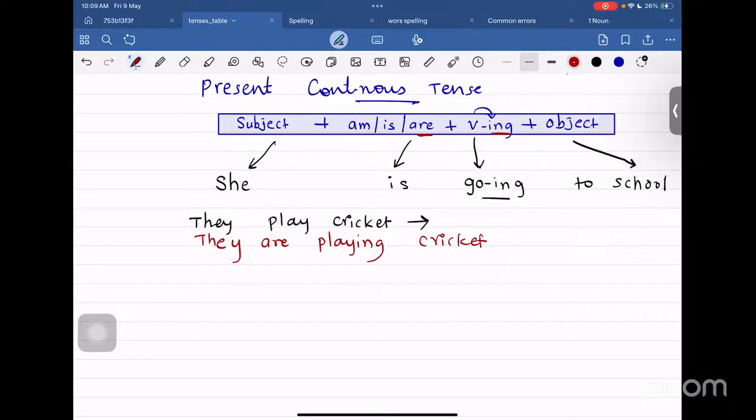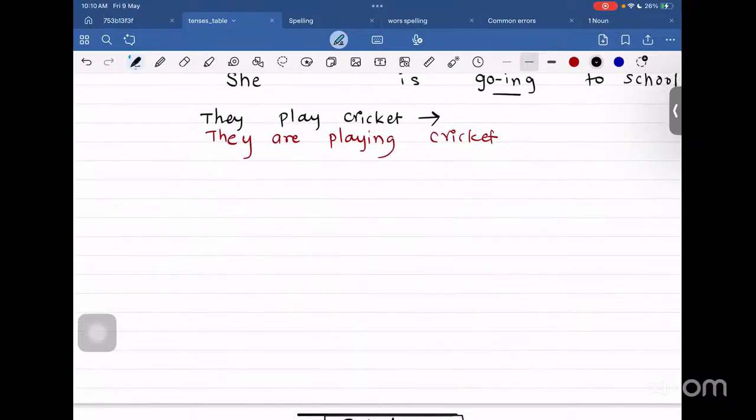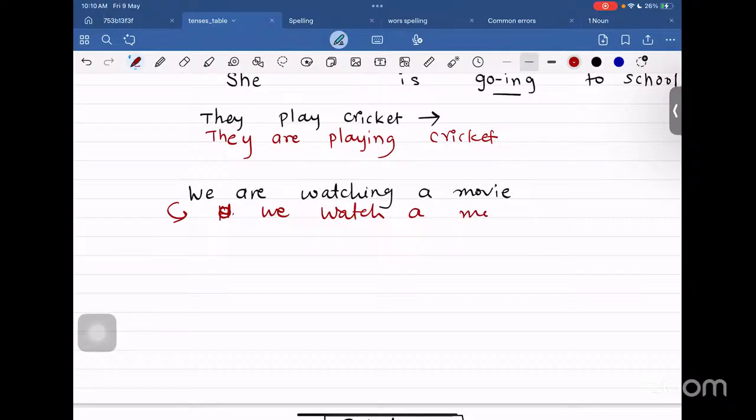ठीक है, तो इस टाइप का कन्वर्जन हमको आना चाहिए। बाद में बोल देते हैं कन्वर्ट दिस सेंटेंस इनटू प्रेजेंट कंटिन्यूअस, पास्ट कंटिन्यूअस, पास्ट परफेक्ट, प्रेजेंट परफेक्ट, फ्यूचर परफेक्ट, फ्यूचर परफेक्ट कंटिन्यूअस। अभी धीरे धीरे तो टेंसेस जैसा जैसा आगे पड़ेगा वैसा वैसा टफनेस उसका बढ़ते जाएगा। अब कैसे लिख सकता हूँ मैं, वी आर वॉचिंग अ मूवी। इसको अब तुम कन्वर्ट करो, सिंपल प्रेजेंट में करो कन्वर्ट। वी वॉच अ मूवी, इसका कन्वर्जन किया तो वी आर वॉचिंग अ मूवी।